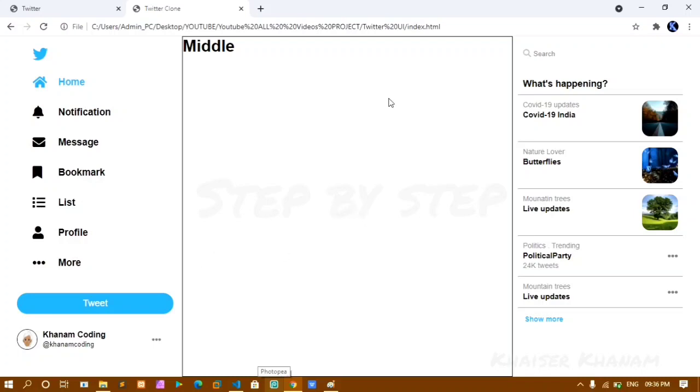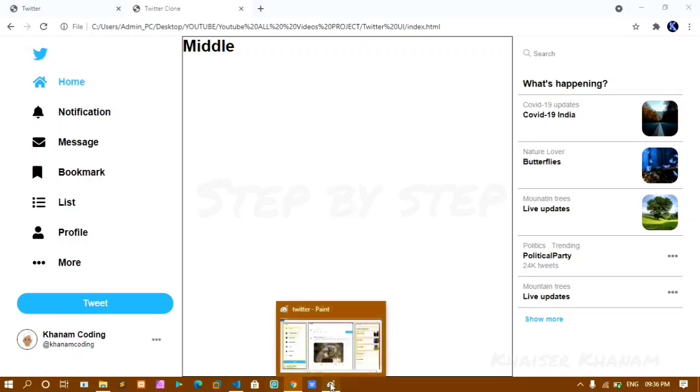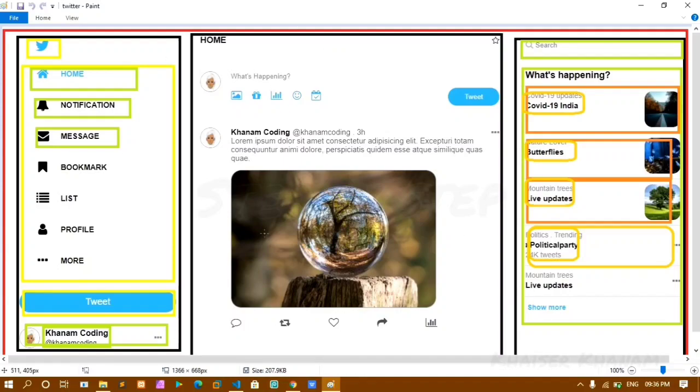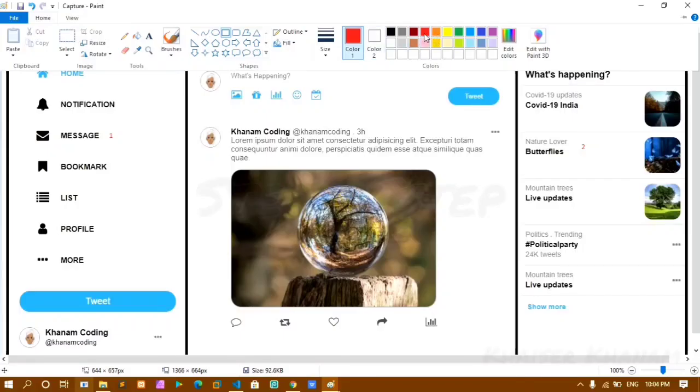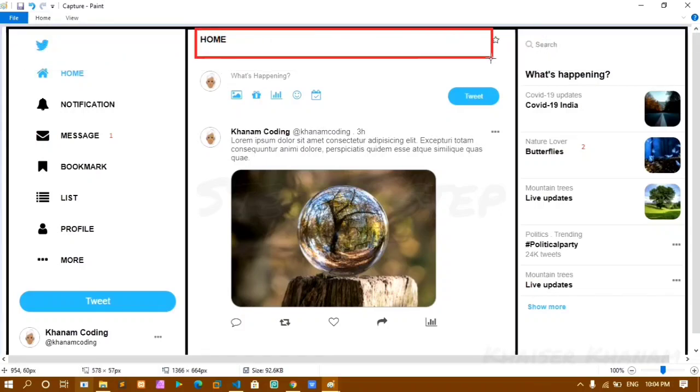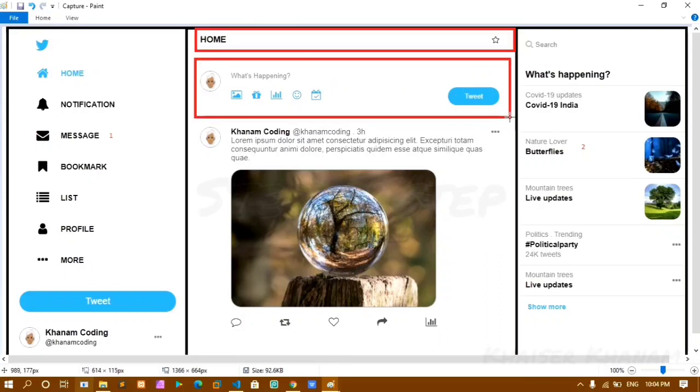Now we'll be styling our middle container. Okay, we are done with this, and now we'll be styling the middle part. I'll be having this one div container. Okay, this is my second div container. Inside this is the same way. In the div container I have image, I have this div, and I have this icon. The same way, I have this image here. Okay, now inside this div I have this div container. Now image, div container, and button. Okay, first let's style this upper part, and later on we'll be seeing this down part.